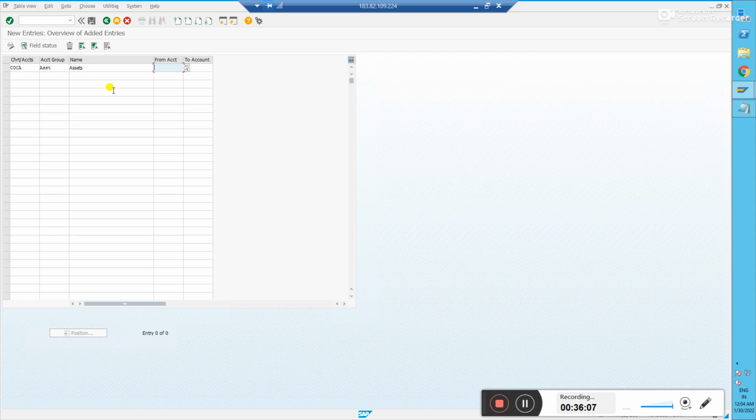That is the reason every client will prefer to give each and every group a dedicated number range. In my chart of account, I have given only a GL length of 4. My GL number length is 4 digits. I have a capability up to 10, but I've only taken 4 digits for this requirement. So I want to go with one series for the assets. So 1000, I need to give 1000. Why do I need to give only 1000? I've defined in the chart of account that my GL length will be 4 digits only. So what is the end number? Obviously, it's 1099. And the next group,